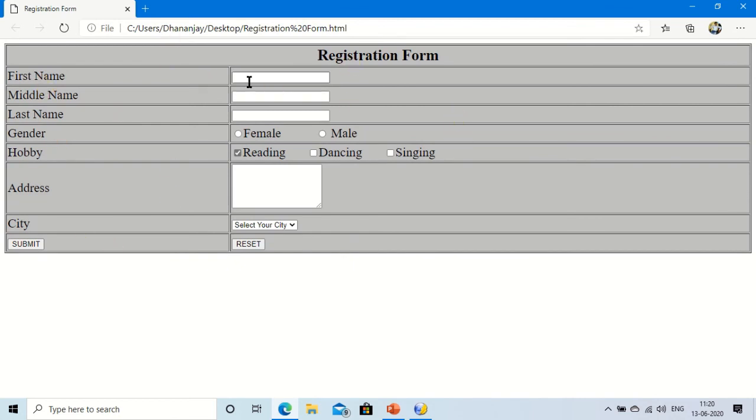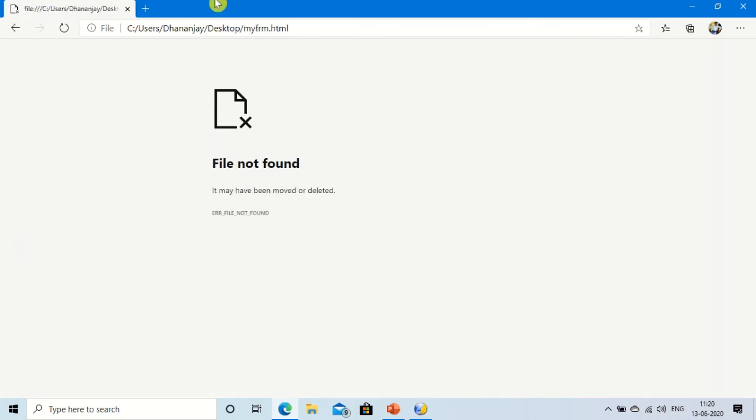Okay, so let me check whether this reset button is working or not. Suppose if I write something and click on reset, you can see it is going to be cleared. This female option is also working, this is also working. Now let me check whether this is going to save the multi-line or not. Look at this, if I press enter, you can see it is going to submit. Click on the submit button. This myform.html is not there, so this is going to show. This is not a big issue.